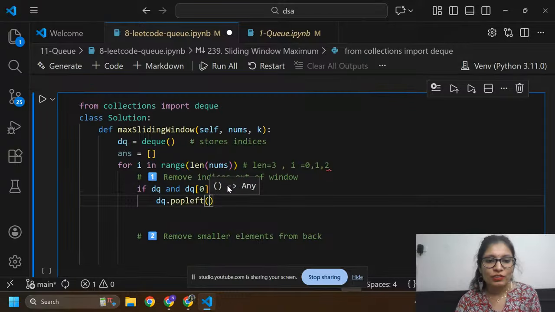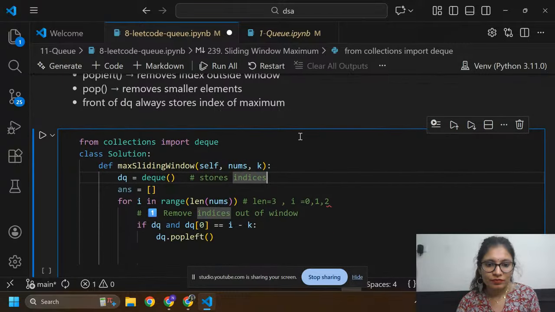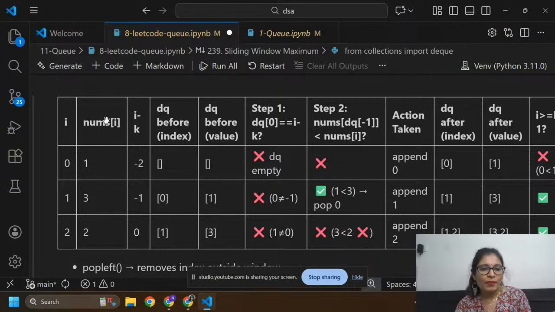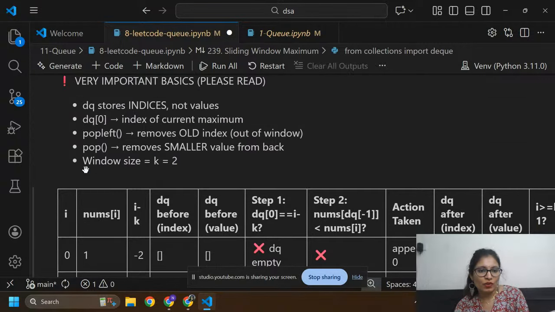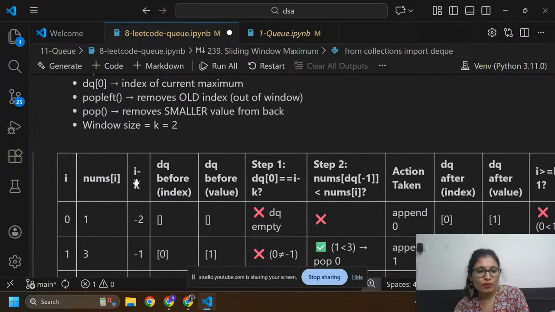First of all you need to take elements one by one. Here I have nums, i equals 0, and nums[i] at index 0 is 1. Now I am going to calculate i minus k.